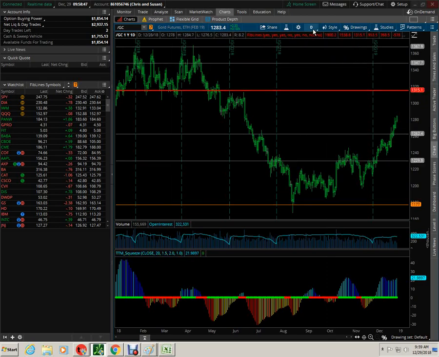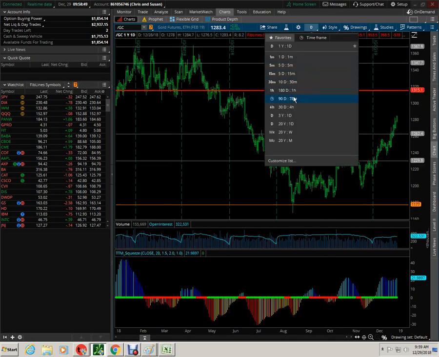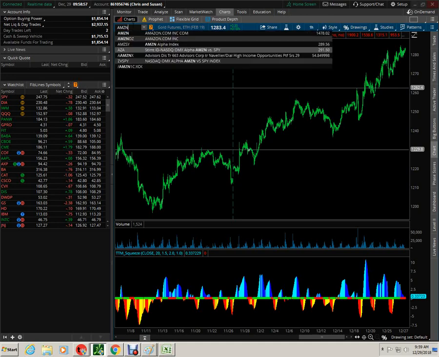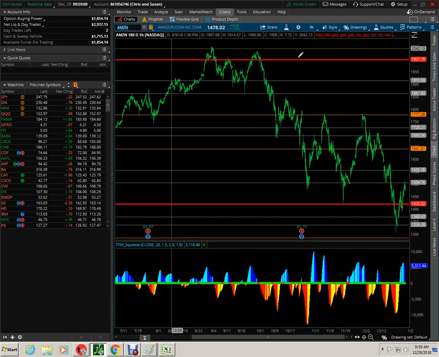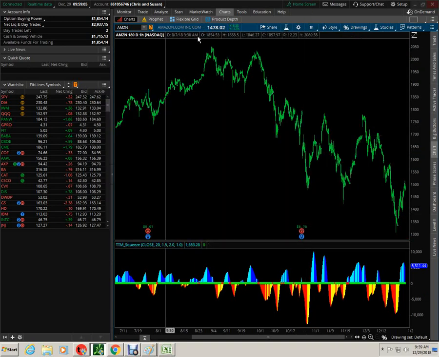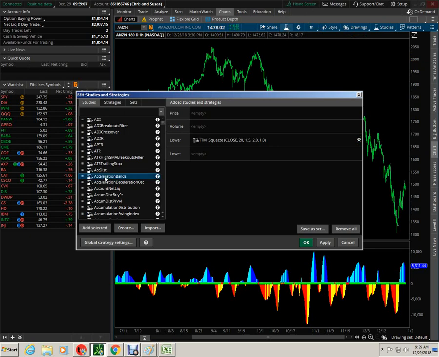I did want to point out one other thing that I believe I'm going to try to cover in a separate video, and that is a range bands system. So let's bring up a stock like Amazon. Actually, I'm not going to get into it in detail, but I'll give you just a tease. And that is that you know about my range bands indicator. It's a trend following indicator that